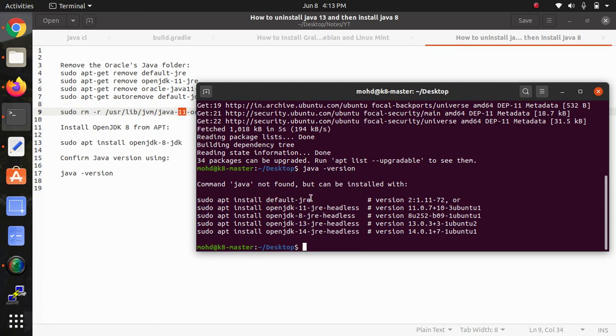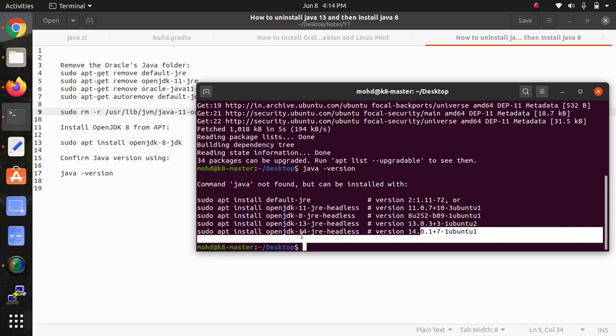For installation, if you type the default command, it will install the default version, as you can see on the screen. If you go to the OpenJDK website, the Java website, you can also search which latest Java version is available. I think version 14 is also there.